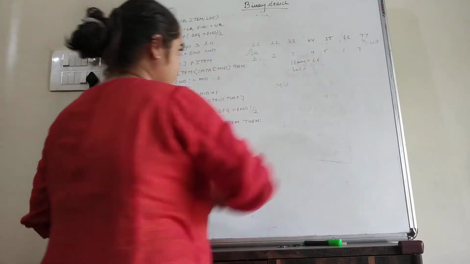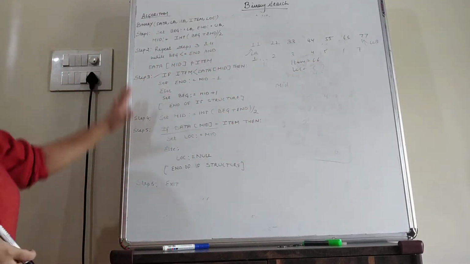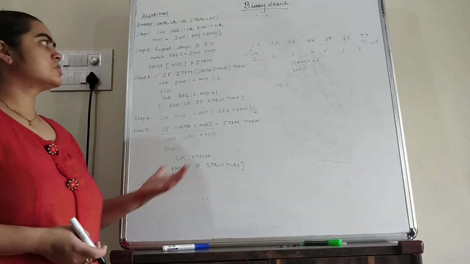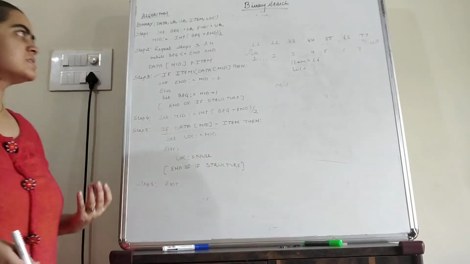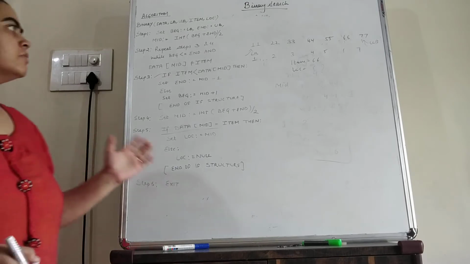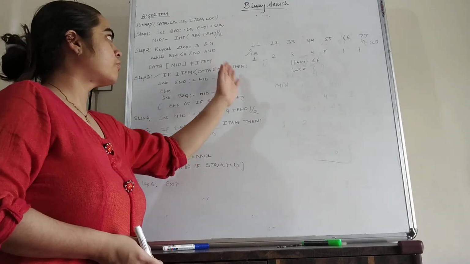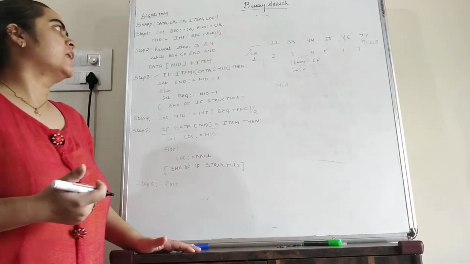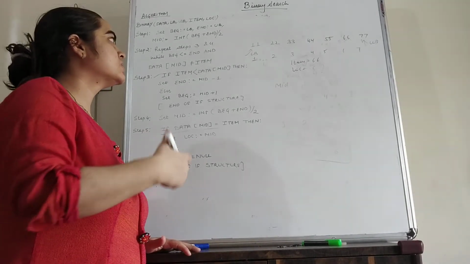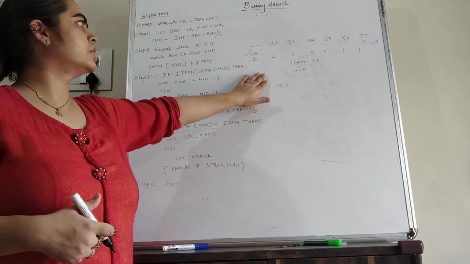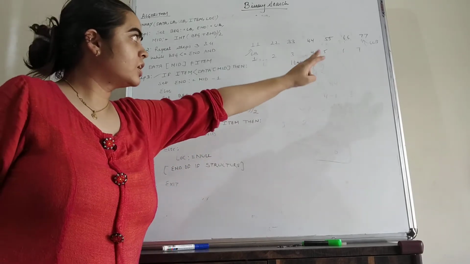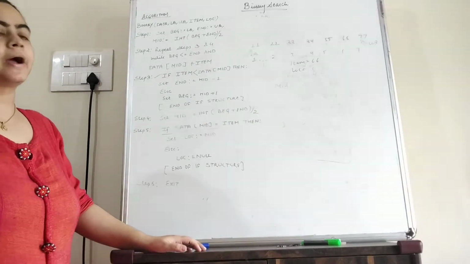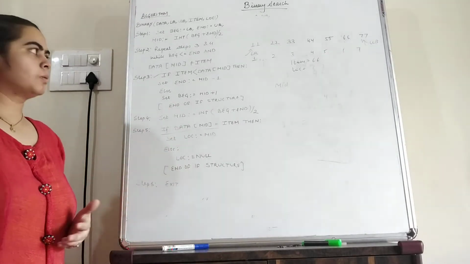So this variable we have to search using this algorithm. Now students, in the binary search, if the element is greater than the value of the mid, then we can move the position of lower bound to mid plus 1. But if the element which we want to search is less than the value of the mid, then we can push the value of upper bound, or we can say end, is equal to mid minus 1. That we can see with the help of an example.